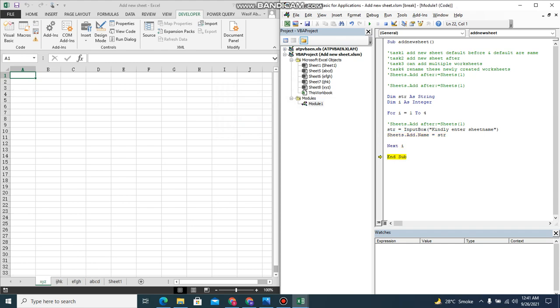Now we have seen that we have created new worksheets and all have been added to the left. But the problem is that when we want to create sheets automatically and want the user to specify the name, then the sheets will be created to the left of sheet 1. It can't go to the right side. If we want to specify After, then Sheets.Add with a name will add another sheet, and it will add yet another sheet, so two sheets will be created. So that's an ambiguity here.